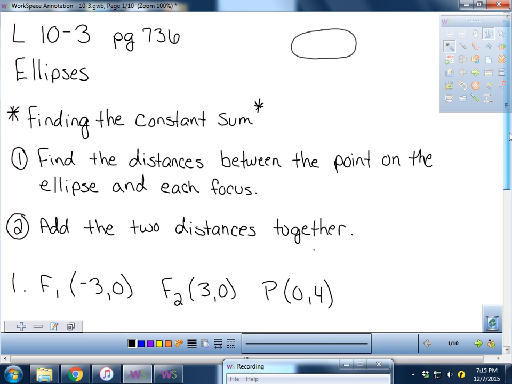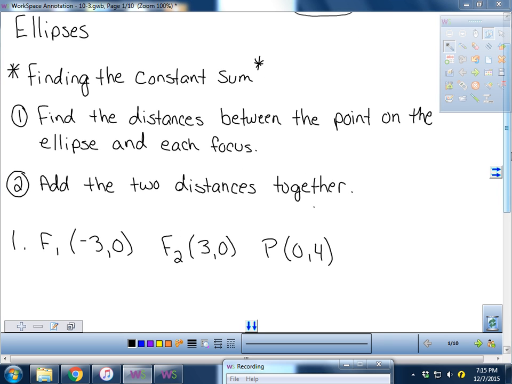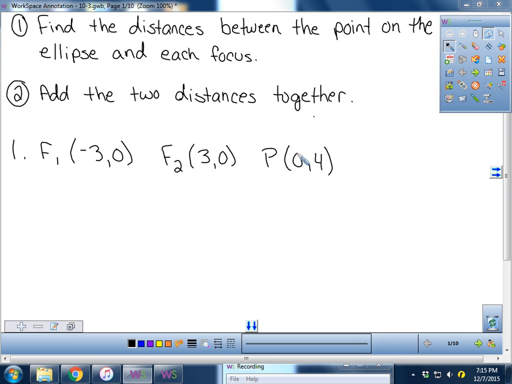So the first thing you'll do is find the distances between the point on the ellipse and each focus, and then you're going to add those two distances together. So here I've given you one focus, another focus, and by the way, those are inside your ellipse. Okay, and then I've given you a point on the ellipse. So if you will recall the distance formula,